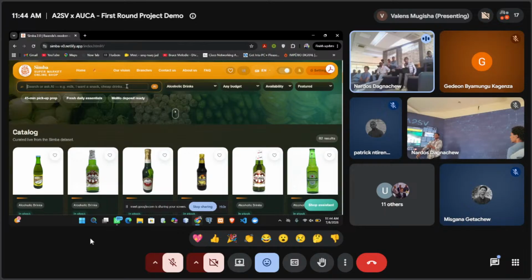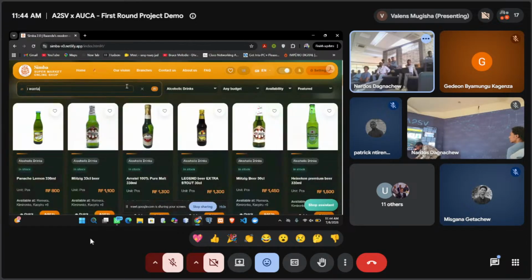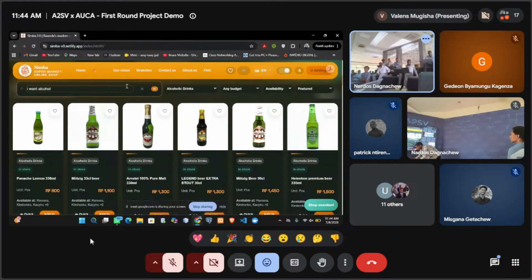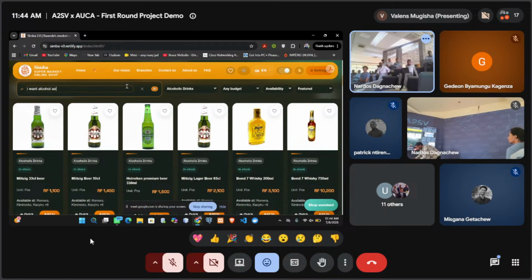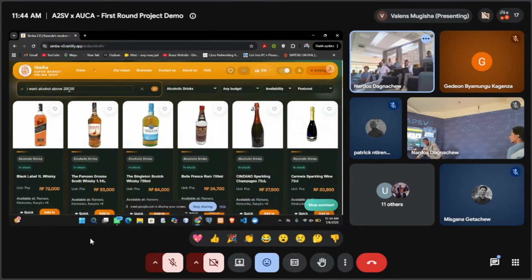The admin is the one who manages that API. A user can simply type a request, and it can categorize according to the user's request, where you can see the products within a certain price the user expects. So I also have the